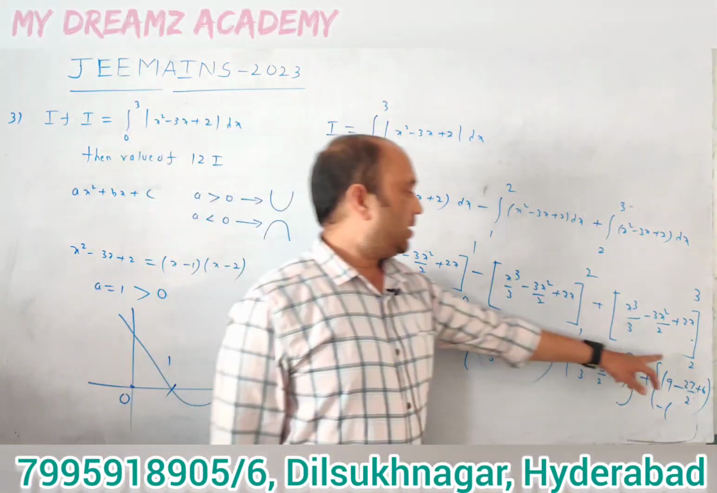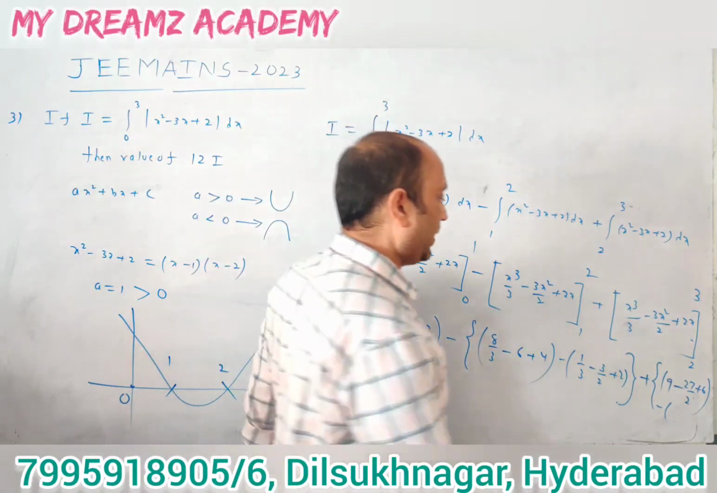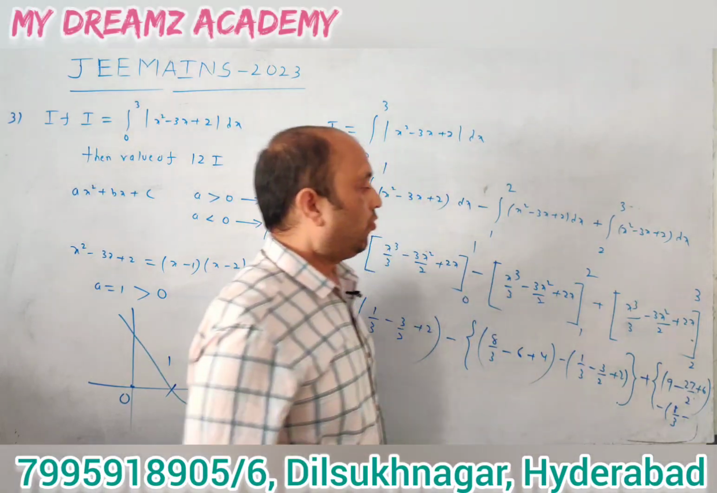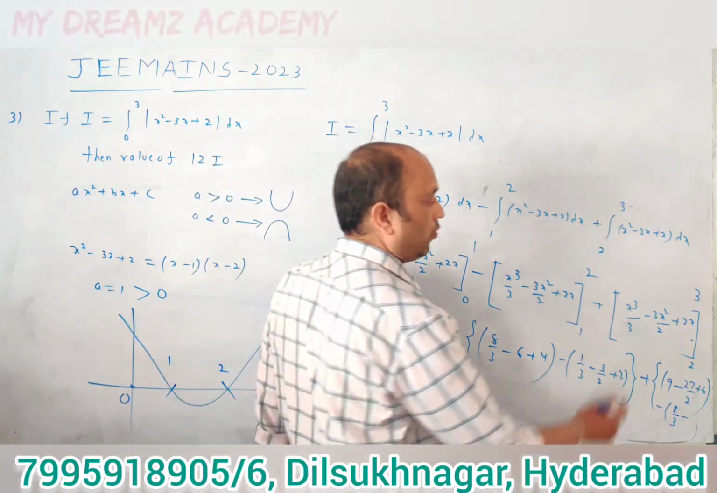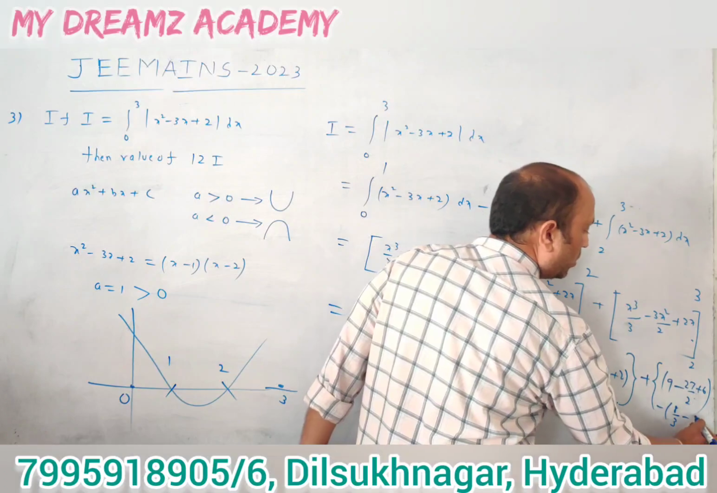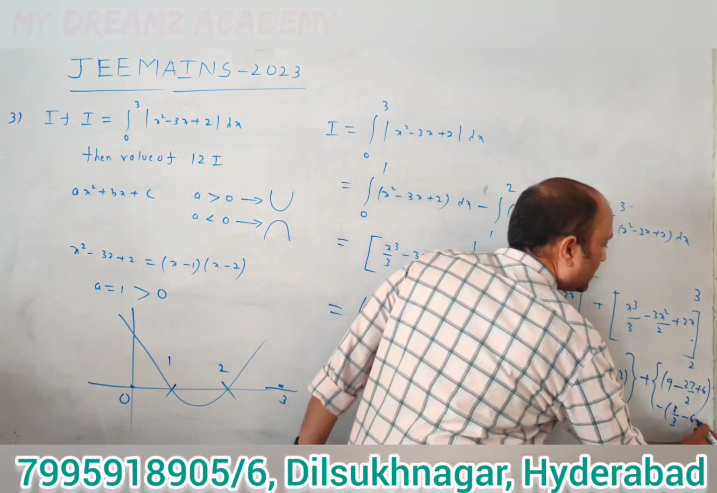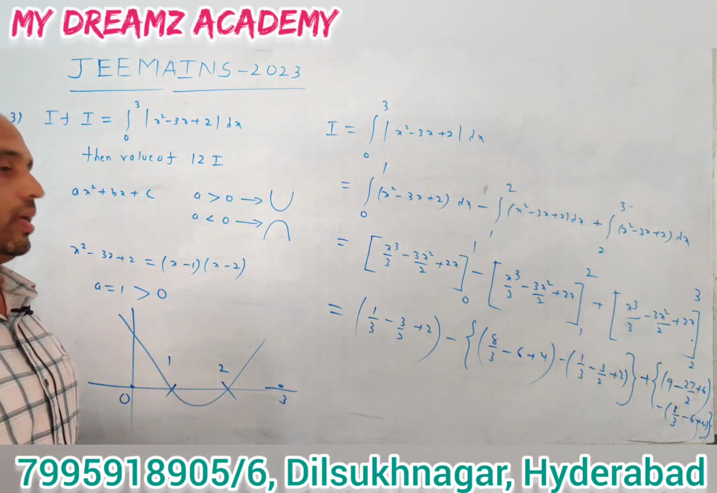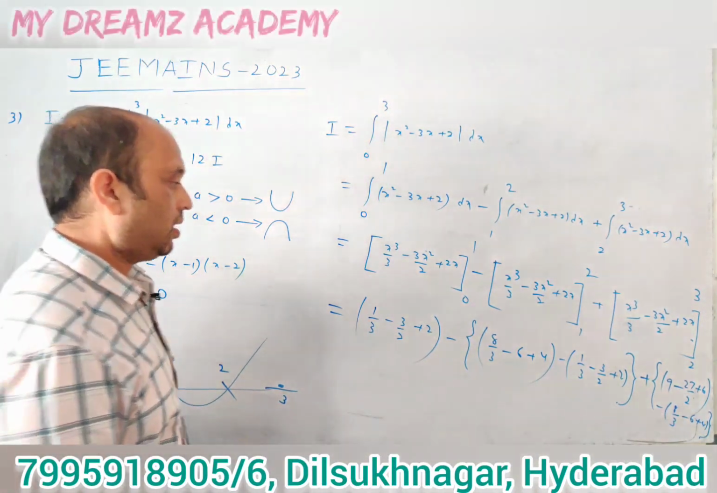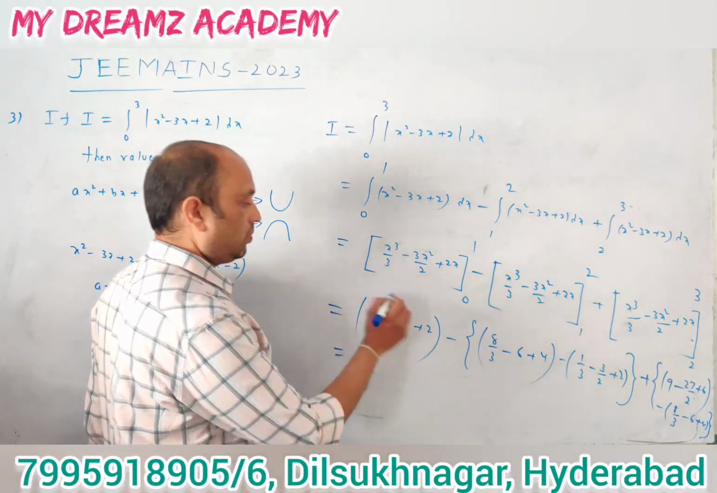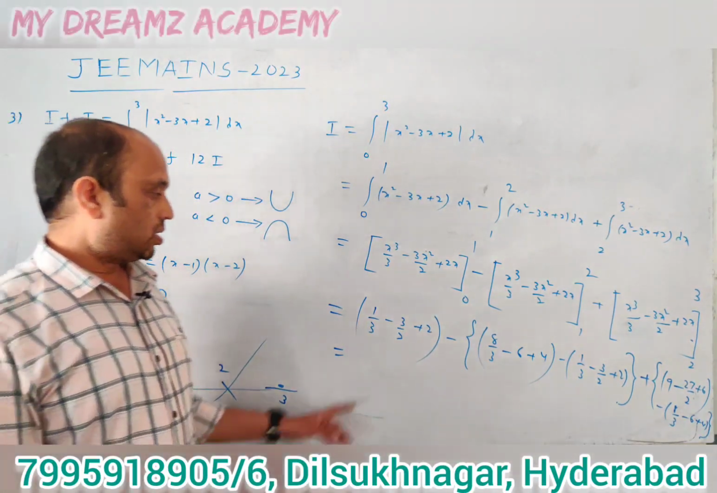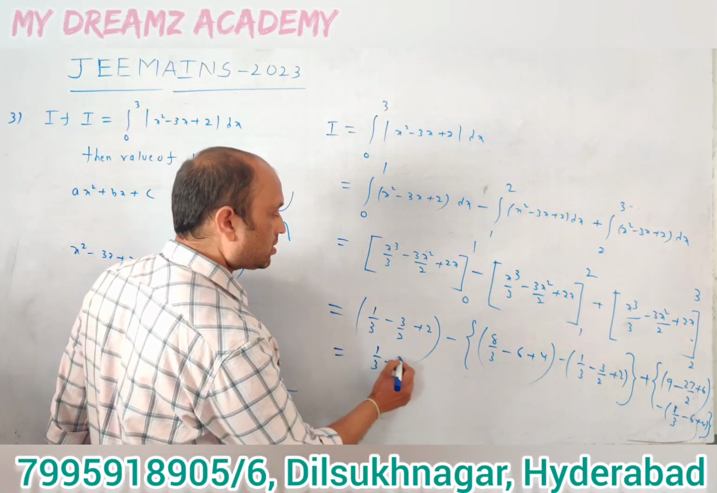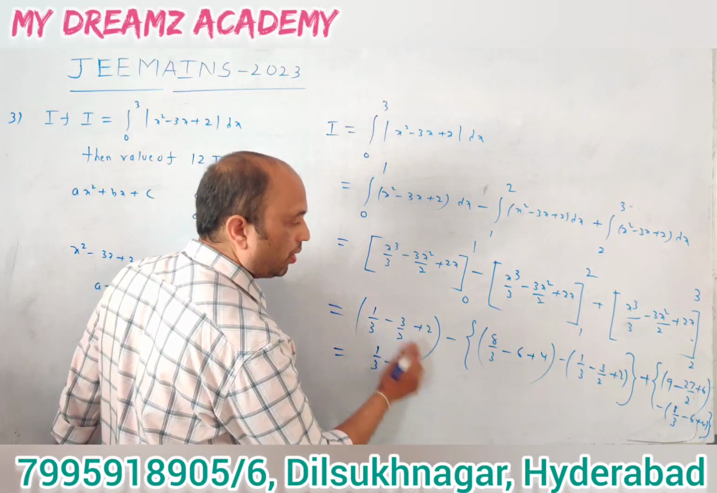So here, the lower limit is minus 2 cube, that means 8 by 3, minus 4, 2 square, 4 3s are 12, 12 by 2 is 6, okay, plus 4. This is the upper limit minus the lower limit. Now simplify further, and we will get the answer. Suppose 1 by 3 minus 3 by 2 plus 2,